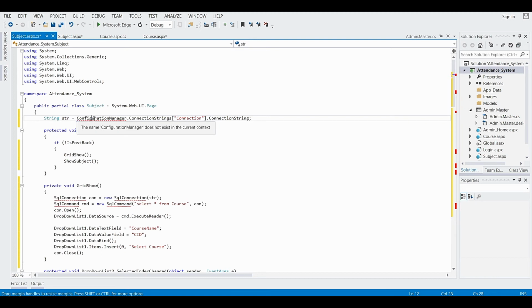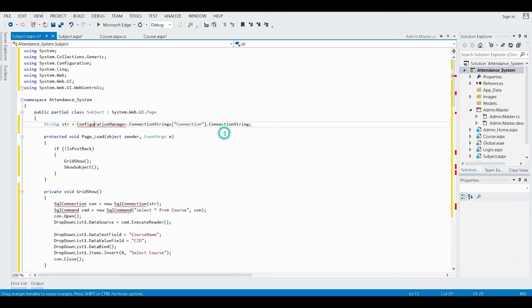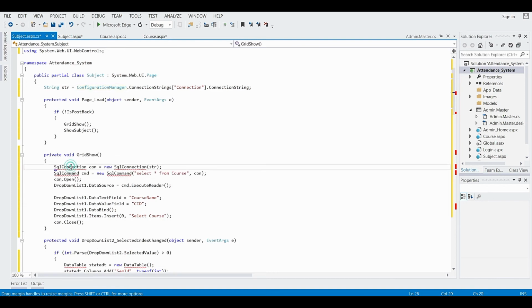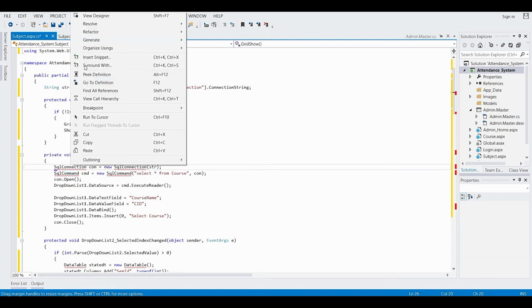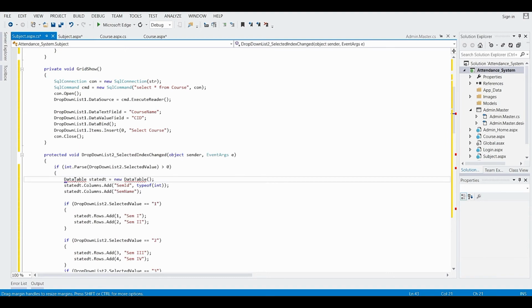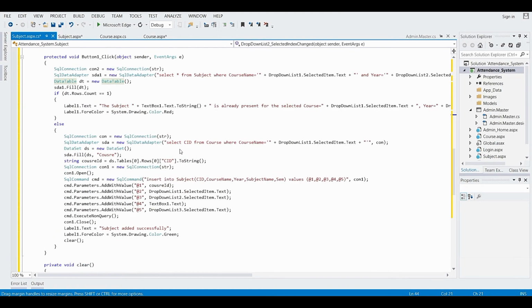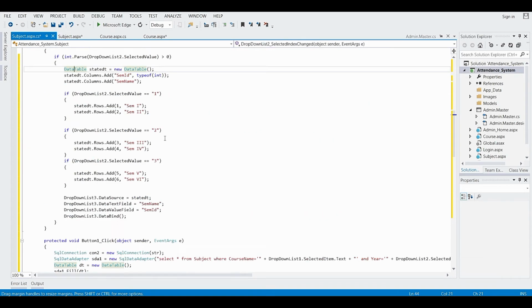Now let's add the namespaces for these classes. Go to Resolve, click on using System.Configuration. Using System.Configuration namespace has been added. Now add for SqlClient also. Same for DataTable. So all that has gone.